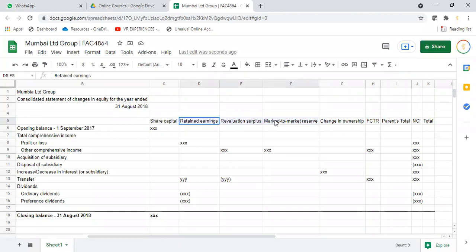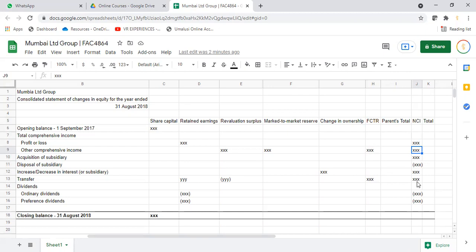Then this is not 100% of retained earnings. It's not 100% of other comprehensive income. It is only the parent's portion. Okay, change in ownership doesn't hit the income statement. It comes directly through into the statement of changes in equity from the separate calculation. Same with FCTR. This is the parent's portion of FCTR. It is not 100% of FCTR. It is the parent's portion of FCTR, because the NCI get their allocation. Okay, so those are critical things to remember, because how they test this is